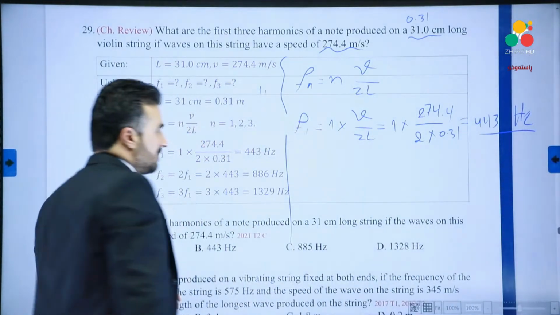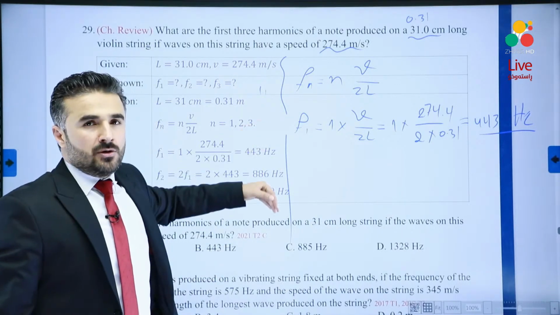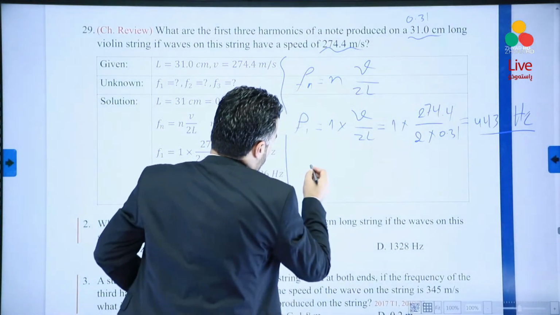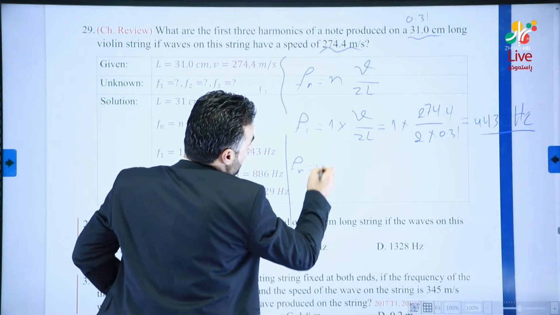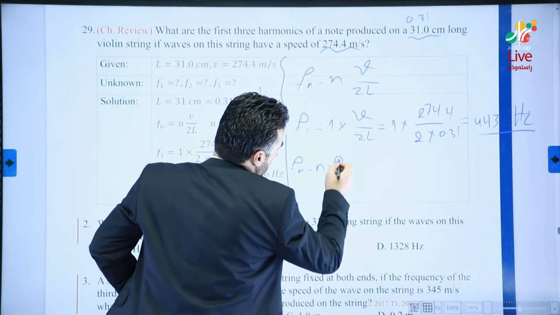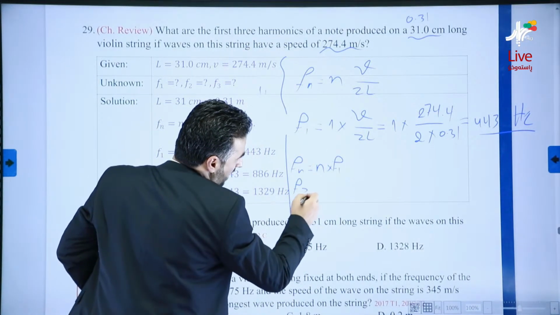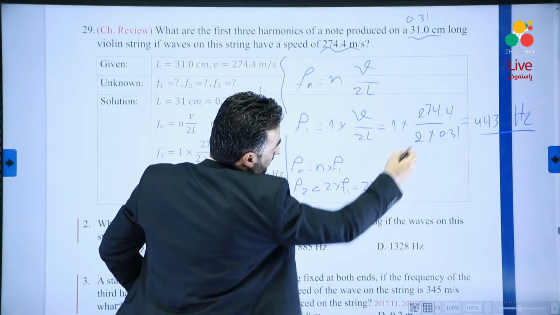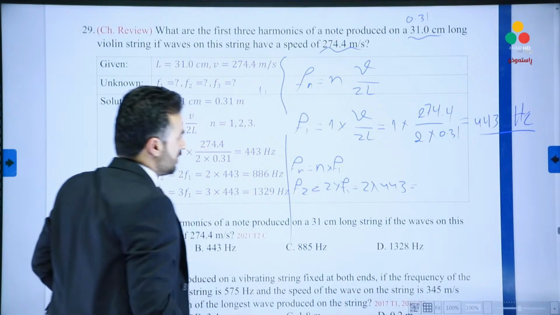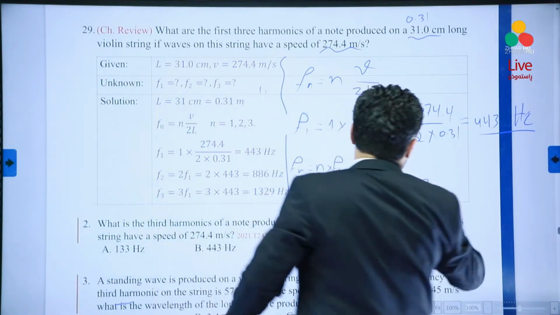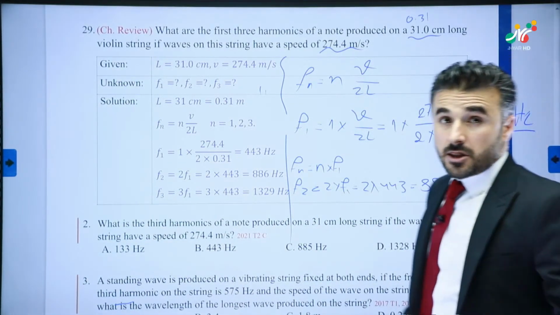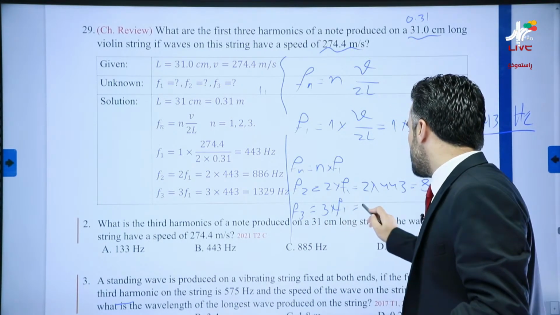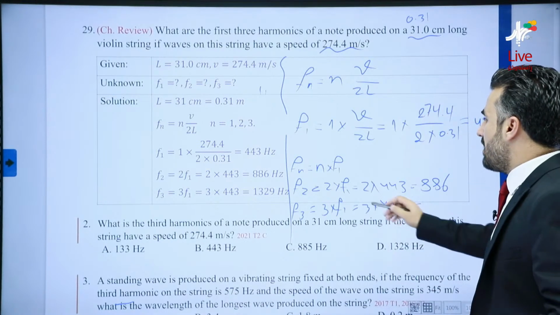Now, after this, we can find the other two harmonics very easily. And how do we do that? Remember this. We can use the equation that I've used before. So we can say Fn equals n times F1. We want the second harmonic, so we'll say F2 equals 2 times F1. So in this case, it becomes 2 times 443, so the answer is going to be 886. What about the third harmonic? We'll say F3 equals 3 times F1, so 3 times 443, and that is, of course,